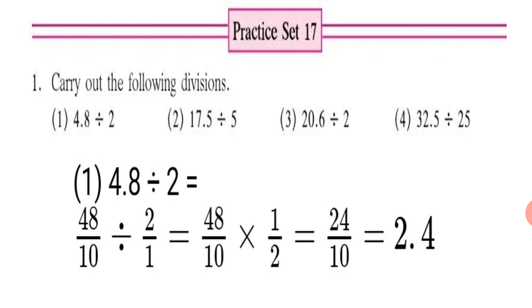Now see if you can divide any numbers. Yes, 2 24s are 48. So 2 ones are 2, 2 24s are 48, and we get 24 upon 10, and the final answer we write as 2.4. So we have to finally reach a stage where you get 10, 100 or 1000 in the denominator and convert the answer into decimal fraction again.